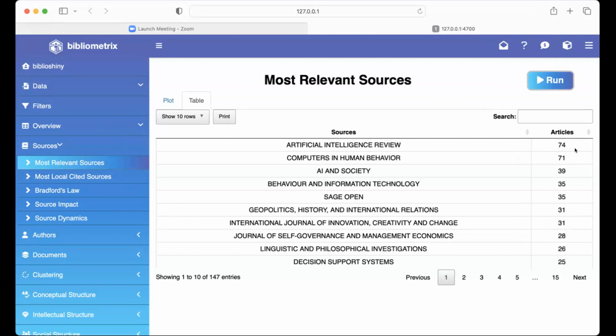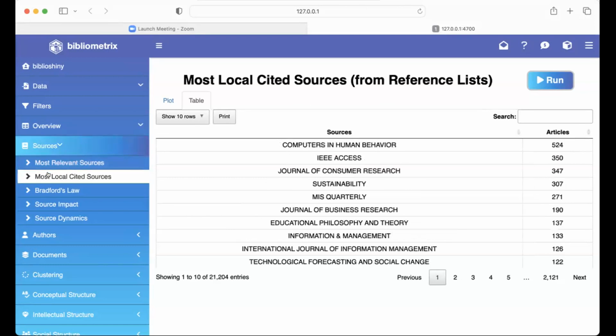This indicates the relevance of work. Maybe the papers are getting published more in Artificial Intelligence Review because of the nature of the topic, but the citation outcome says that people are generally getting connected very easily with the papers published in Computers and Human Behavior. That is how you can see that Computers and Human Behavior has got a local cite score which is higher, followed